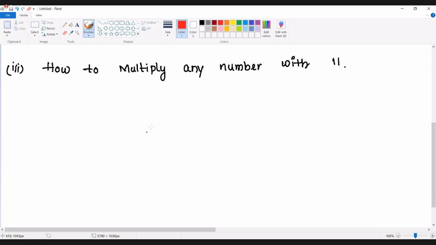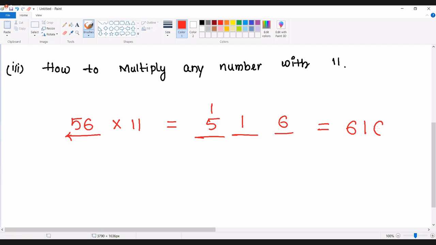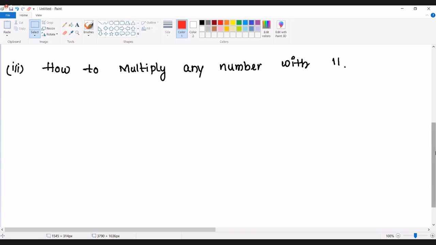So any number when you multiply with 11, even if you have carry, you can use the carry. 56 into 11 is there, let's assume. So 56 is a 2-digit number. Answer will take 3 digits. The first and last digits of your result will be same as your number. 5 and 6 will be as it is. 5 plus 6 is giving a result as 11. So finally answer choice is going to be 616. So one is without carry, the other one is with carry.